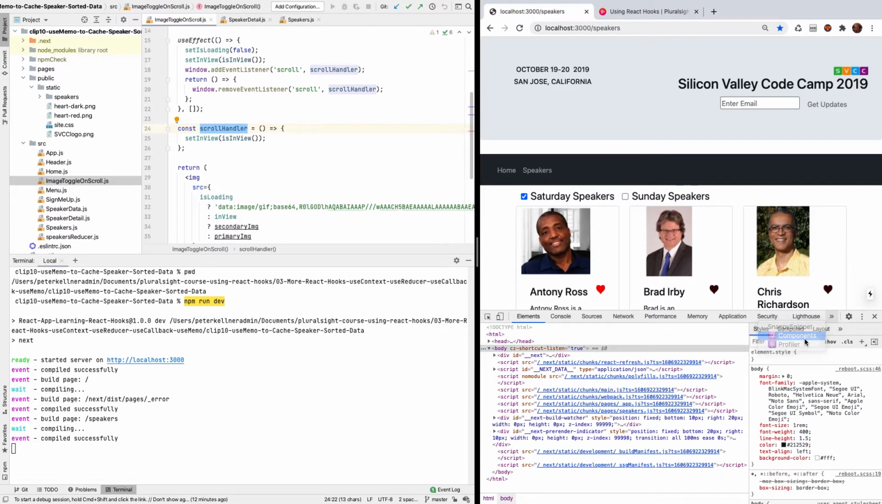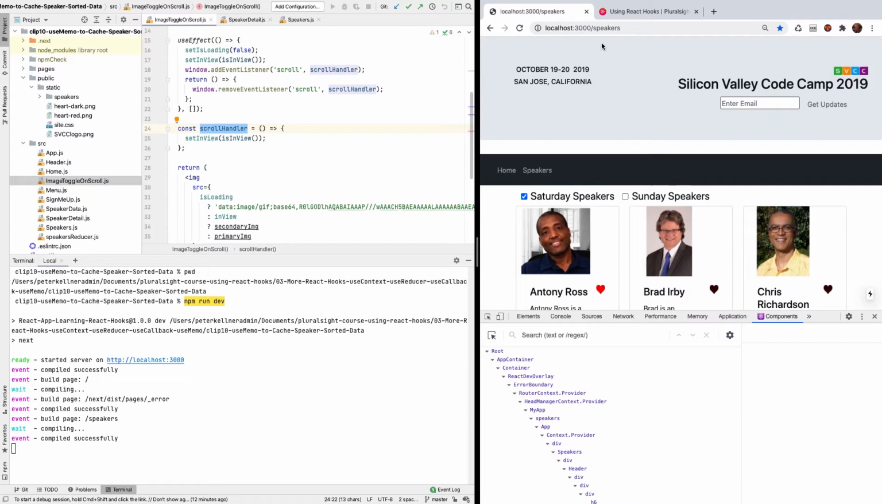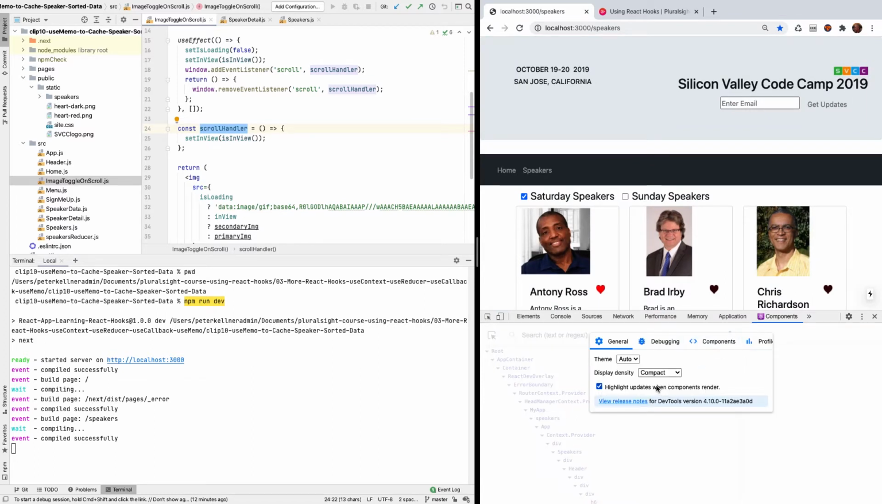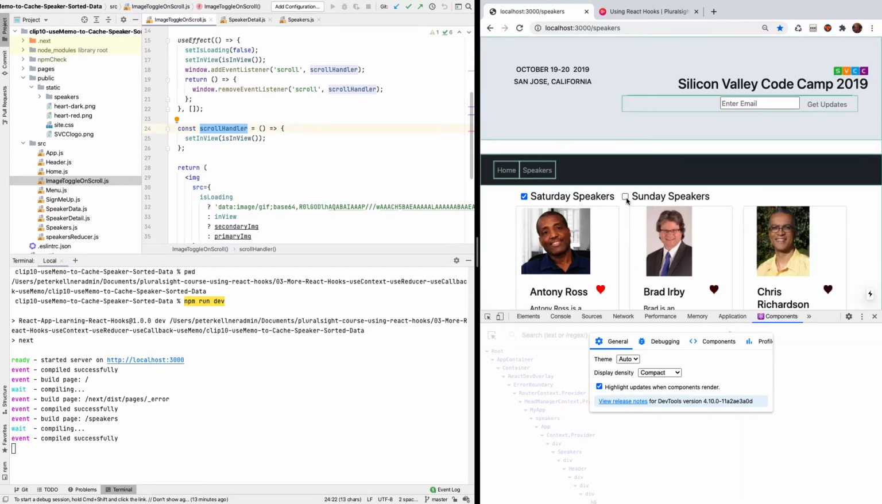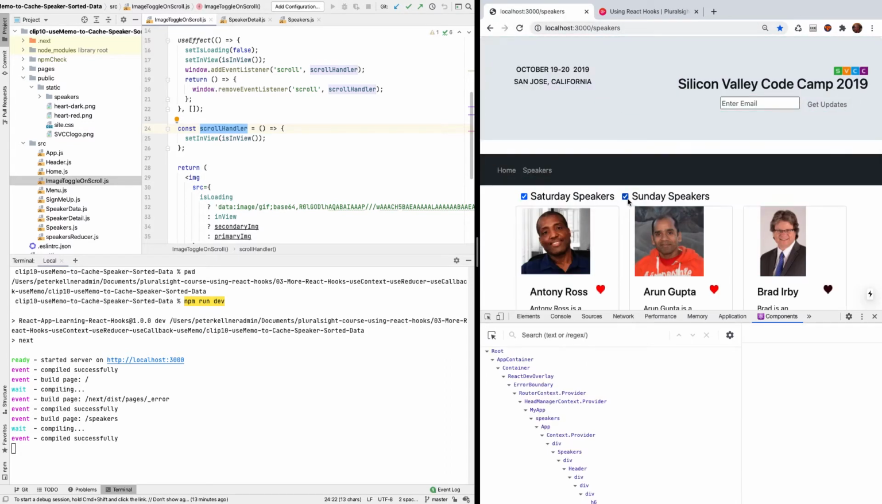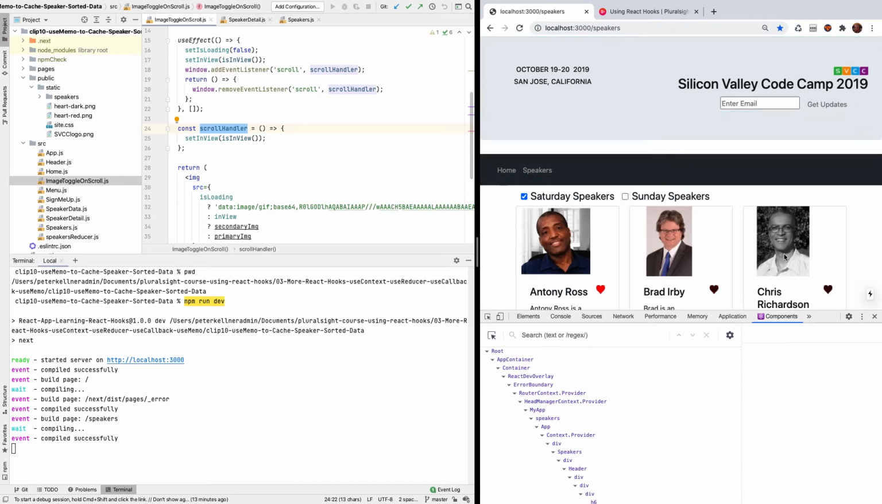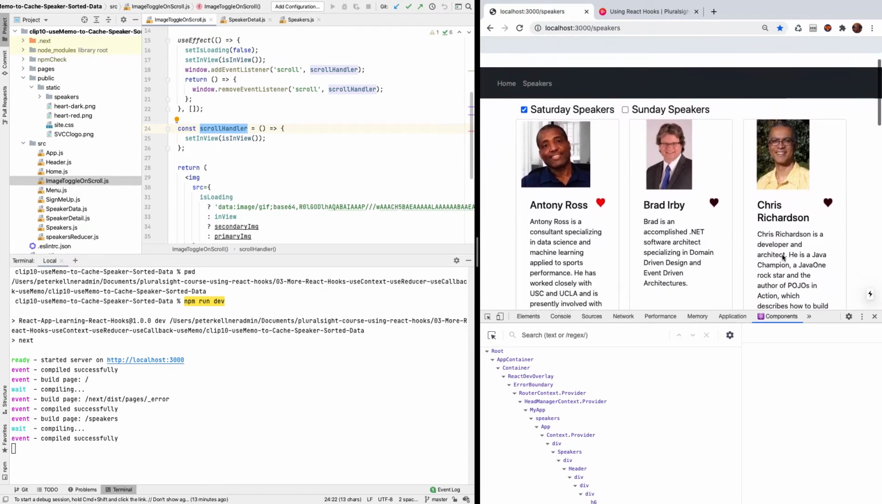I like to go into components. This is the React debugging extension. Go into settings, and notice I have highlight updates when component renders clicked. So what this does for me is when I click on Sunday speakers, you can see the little green box appearing around what gets re-rendered. Obviously some of this stuff I shouldn't be re-rendering, but I am, and we won't worry about that now. But we would hope that, let me refresh the page again, we would hope that Chris Richardson would re-render, and he doesn't. So notice when I scroll,